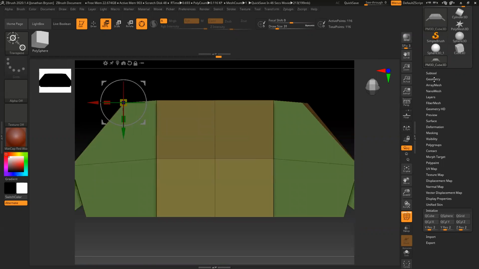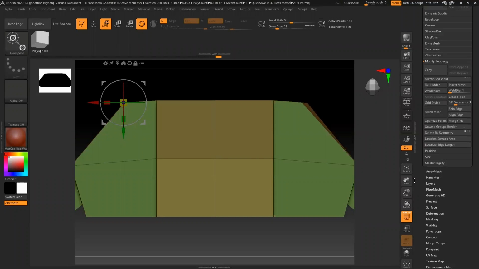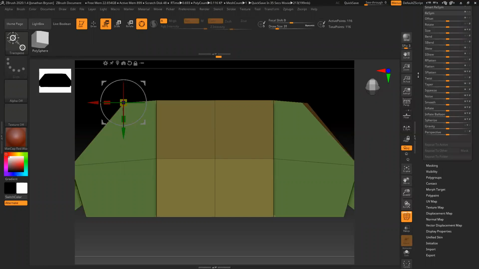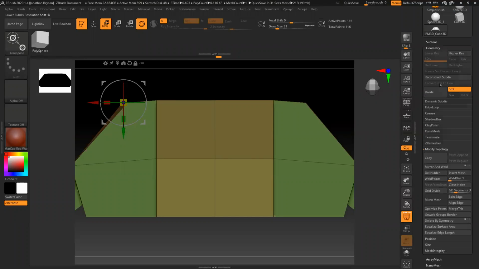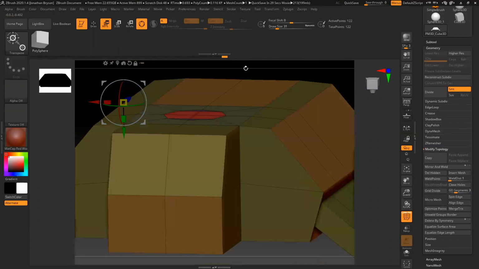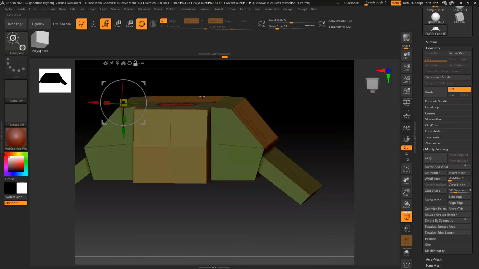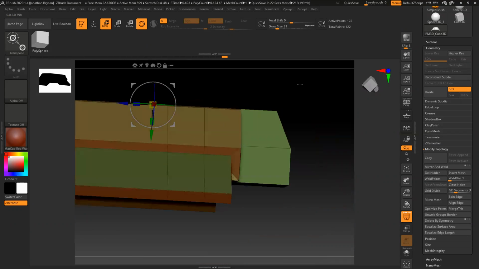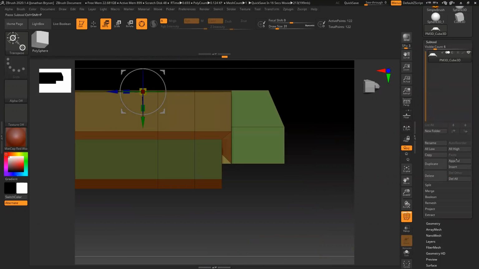And then let's do geometry, modify, mirror and weld. Got to flip it over first. There we go. Looks a little bit cleaner now. Okay. All right, let's go and add in a few more